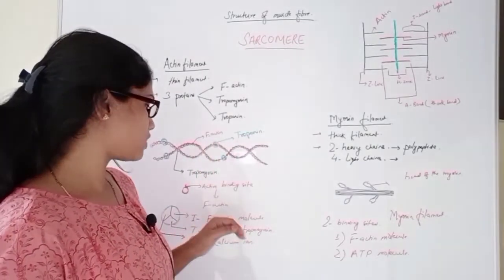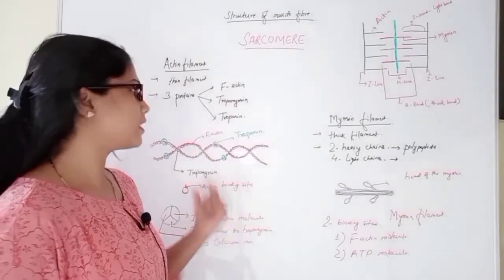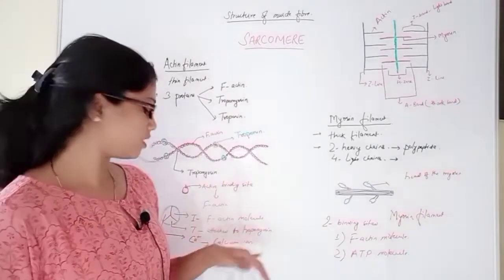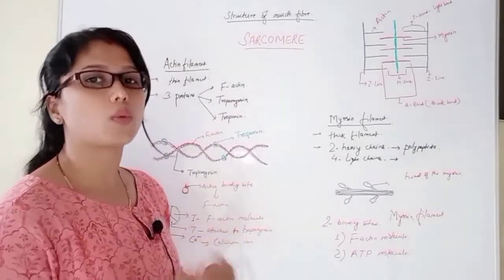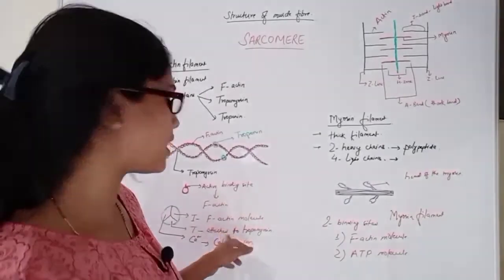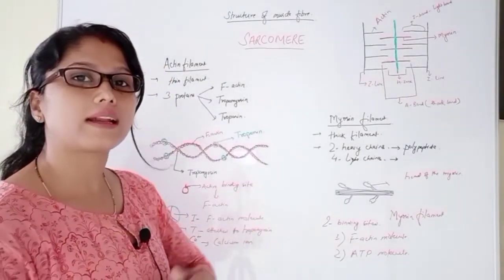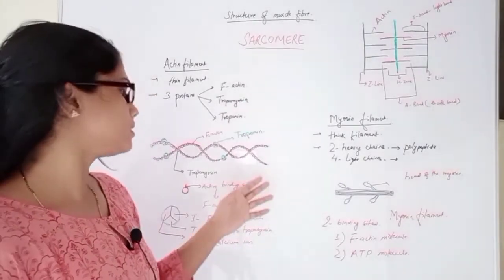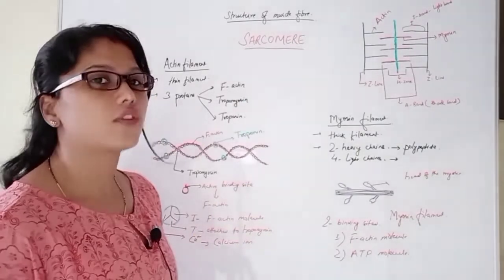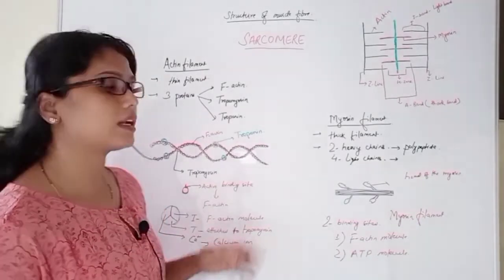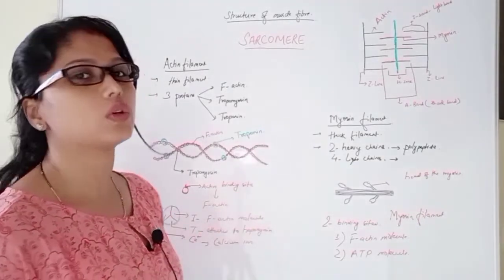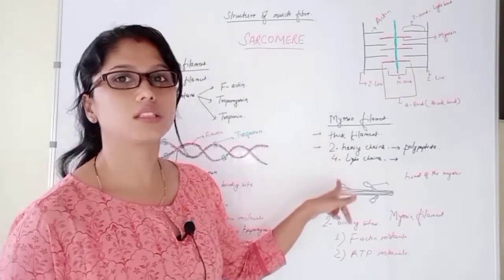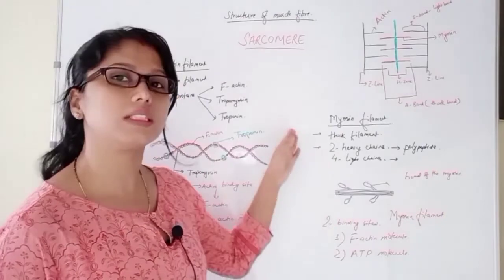It has attachment site I, which helps the troponin get attached to the F-actin molecule, and the other one is T, for tropomyosin. This attachment site helps troponin get attached to tropomyosin, and the last one is C. This is the attachment site for the calcium ion, which gets attached to the troponin molecule. So this was all about the actin filament, and then we discussed the myosin filament, which is a little thicker